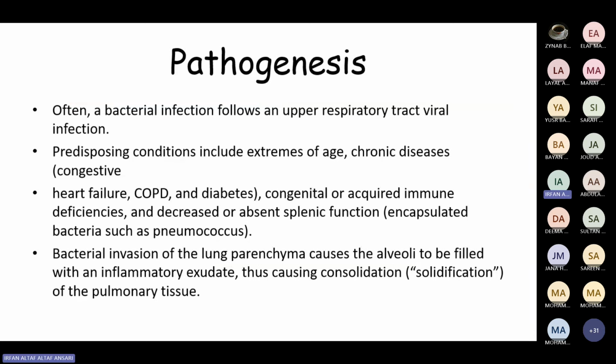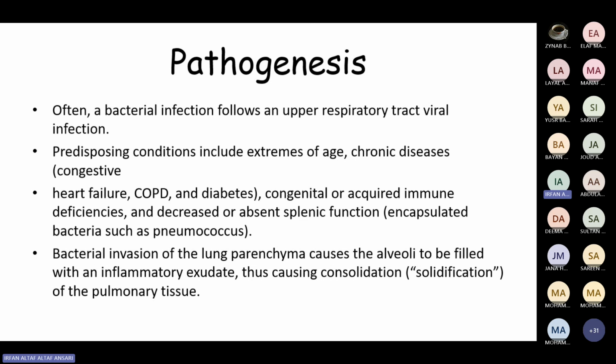So what is the pathogenesis, or how does pneumonia occur? Bacterial infection generally follows an upper respiratory tract viral infection. A person first has the viral infection, and this will lead to development of a secondary bacterial infection. Especially in extremes of age, or someone having chronic diseases such as congestive heart failure, COPD, and diabetes, congenital or acquired immunodeficiencies like HIV, or congenital defects in phagocytosis. And if there is no spleen or absent splenic function, it will especially lead to infection by encapsulated bacteria, especially the pneumococcus. So any person who underwent splenectomy, or removal of the spleen, has to take mandatory pneumococcal vaccination,